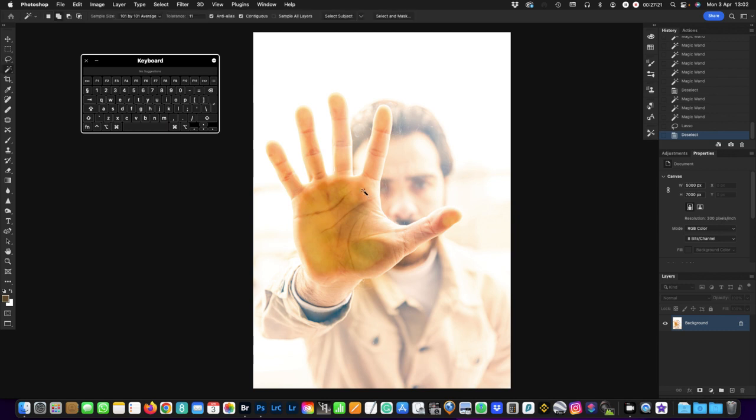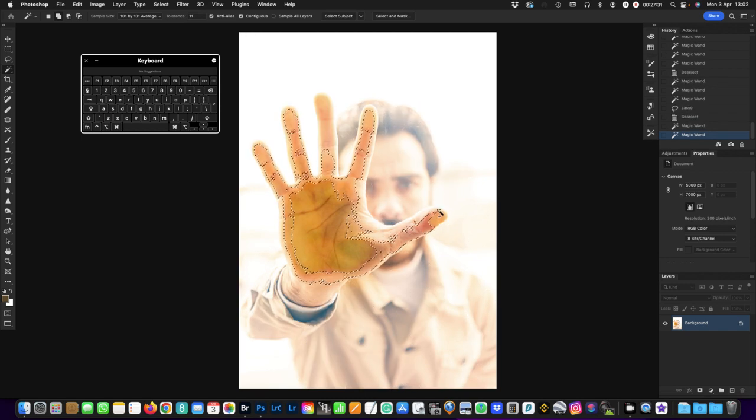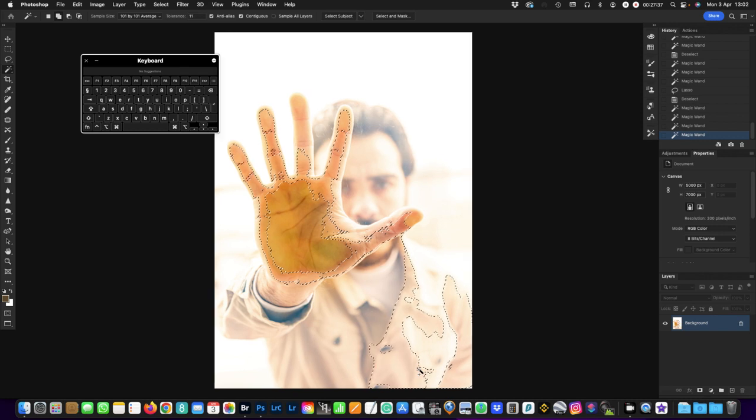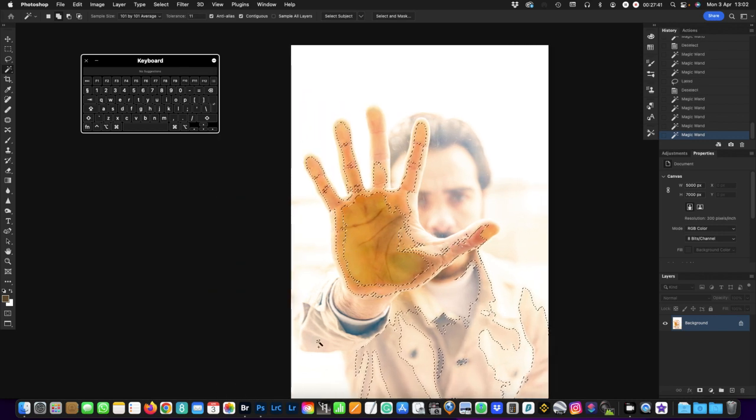Let's try again. Wand tool. Click. No, it's too much. Let's click there, and then click there, and then click there. No, click there, and then click there. Okay, so we have different selections here. I don't want any of these ones. I just clicked to show you how to use